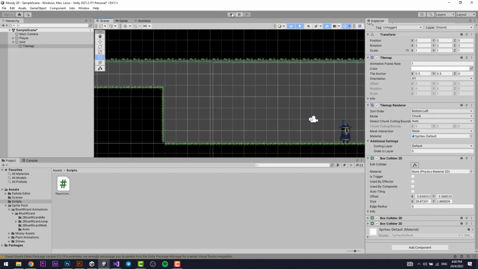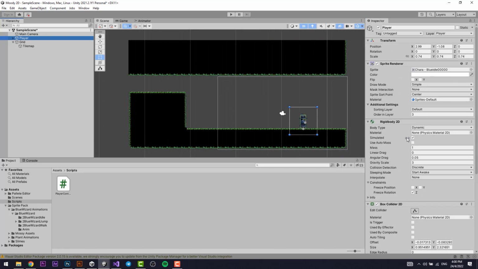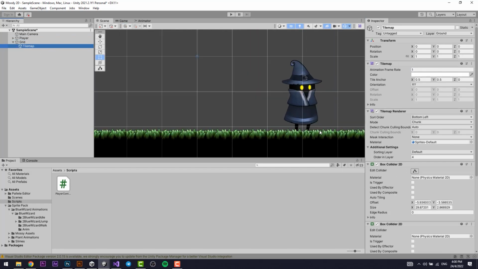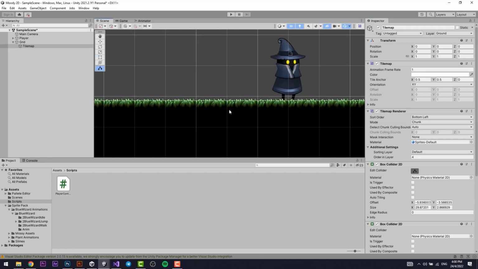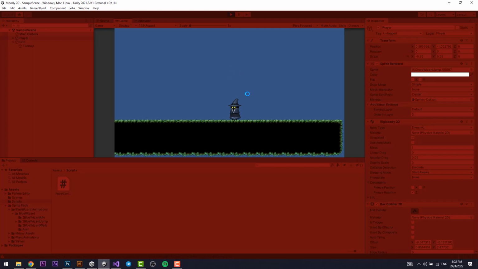Now, if I go back and I play, I'm just going to set the tile map renderer's order in layer to something like 4. The reason is for it to be more than the player's order in layer. So to actually have these feet sinking in effect, because this is actually grass. Also, now I can go left, right,